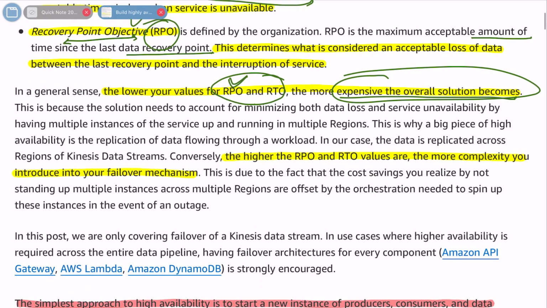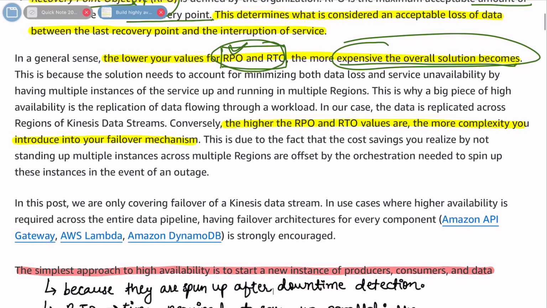Whenever you are designing the systems, you have to come up with these values. What is the time that I can sustain, like in case my customers are impacted, what is the time that I am looking for, that if I recover in this time, I will be okay with it. Okay, so this is the general idea, and the higher the value of RPO, the more complexity you introduce in